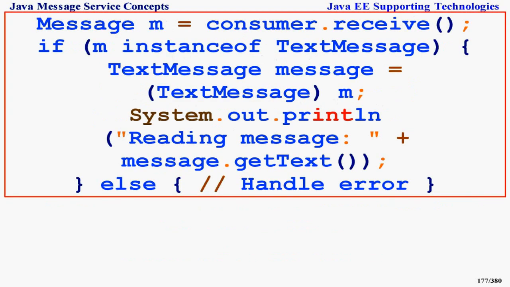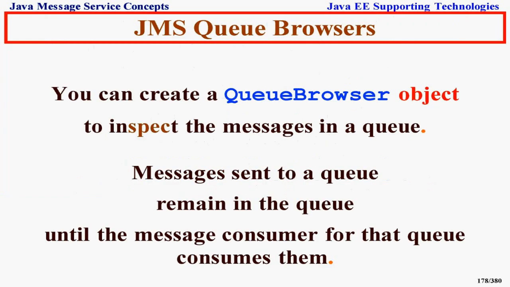Message m = consumer.receive(); if (m instanceof TextMessage) { TextMessage message = (TextMessage) m; System.out.println("Reading message: " + message.getText()); } else { // Handle error }